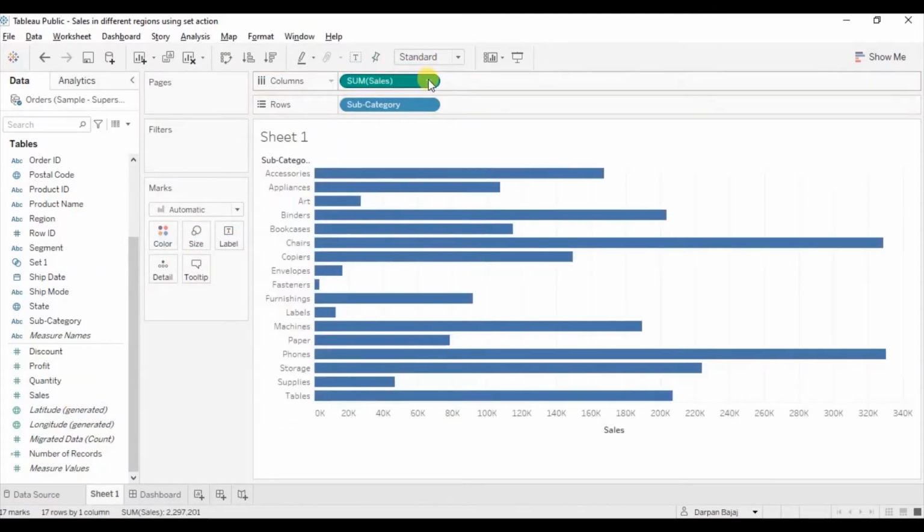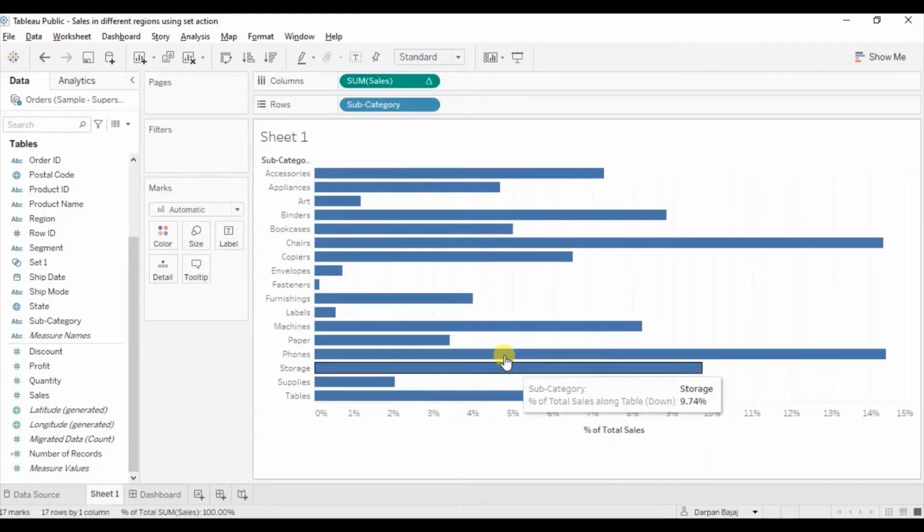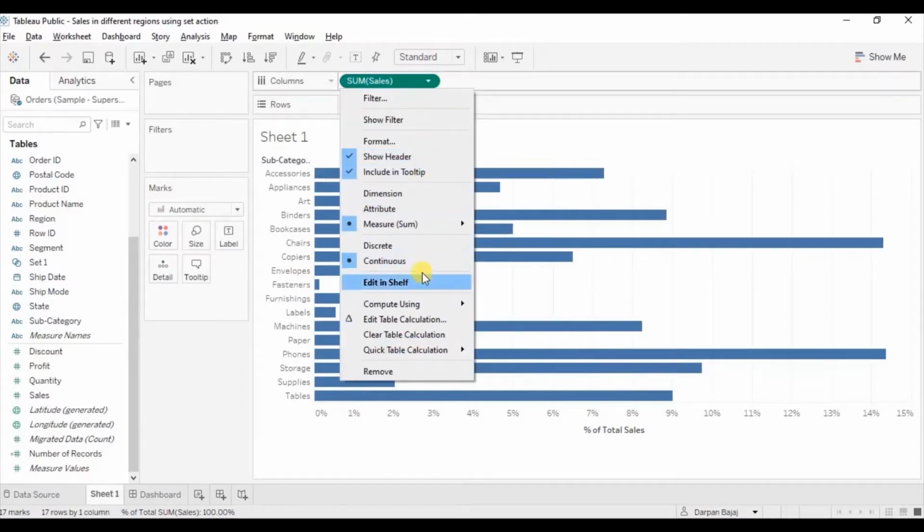From the drop down, add a quick table calculation, percentage of total. To make it a 100% stacked bar chart, let's go to the drop down. From the compute using, select cell.